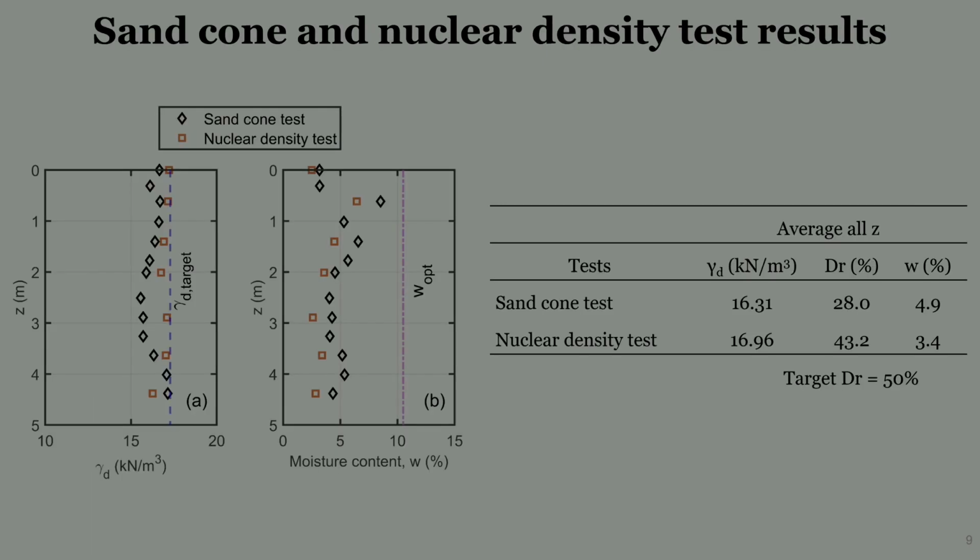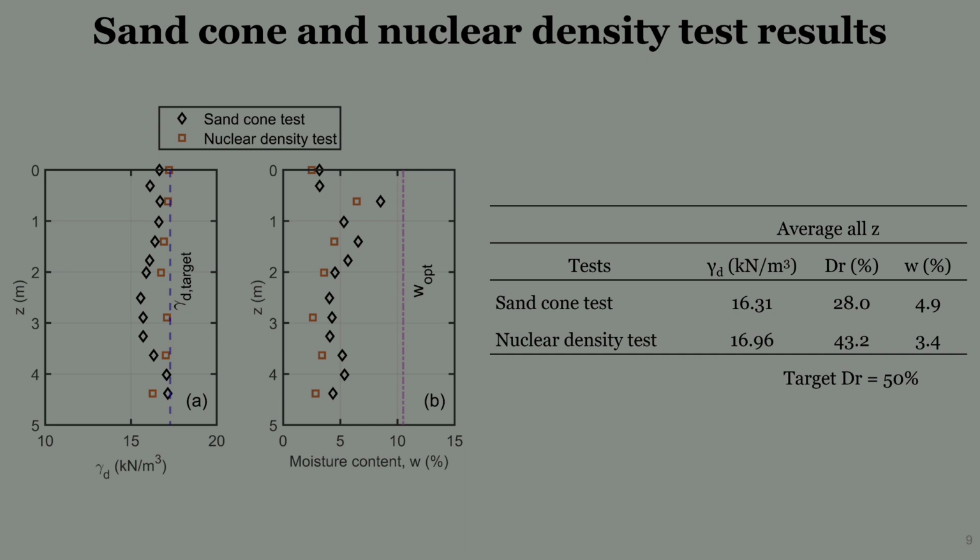So this is the result of the density test using the sand cone and nuclear density. You can see the maximum dry unit weight distribution as well as the moisture content distribution from both the sand cone test and the nuclear density test. You can see that the sand cone test is giving a slightly lower dry unit weight as compared to the